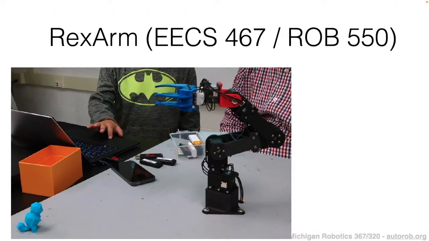The robot that was used in these demos that we just looked at is what's called the Rexarm robot. Both in EECS 467 and Robotics 550, this robot is used for projects. So if you are interested in this robot and some of these demos looked exciting to you, I'd recommend looking at either or both of these classes as good topics and courses that you could take in the future